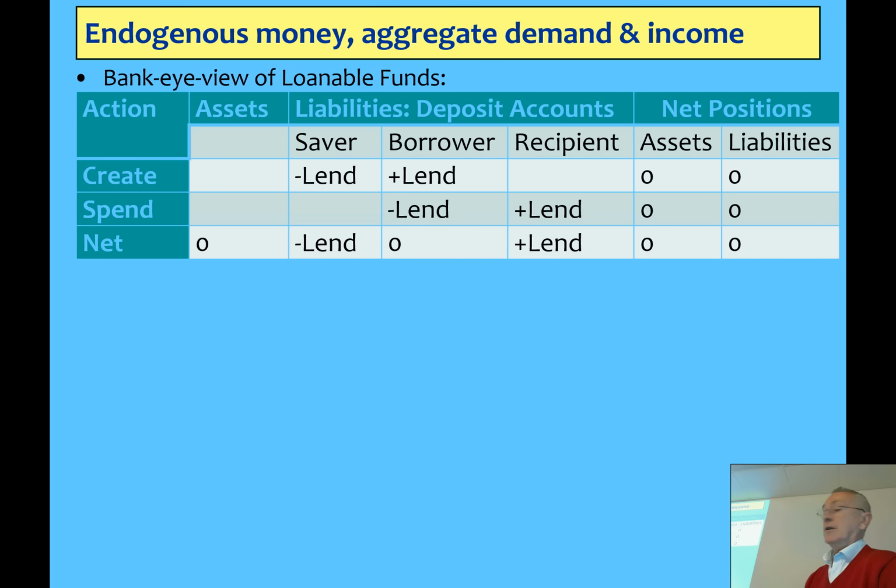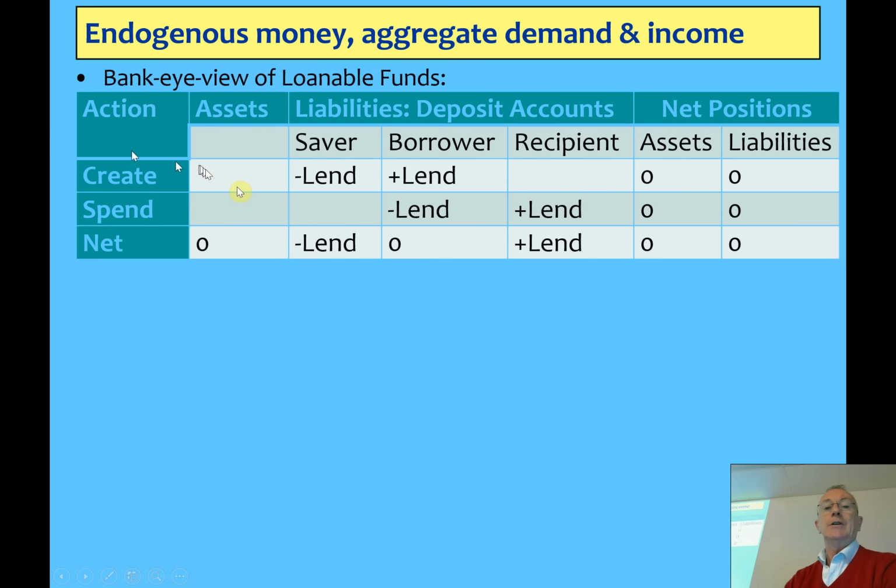If you see loanable funds from the bank's point of view, then the amount of money, and I'm using a different convention now, I'm not using a plus-minus convention of Minsky, I'm just showing money going down in an account, money going up somewhere as minus and plus. So if somebody's a saver who lends money, the amount of money they've got goes down, matched completely by what goes up in the borrower's account.